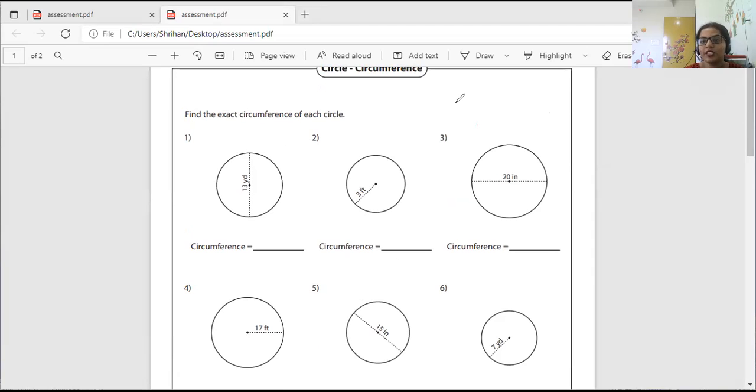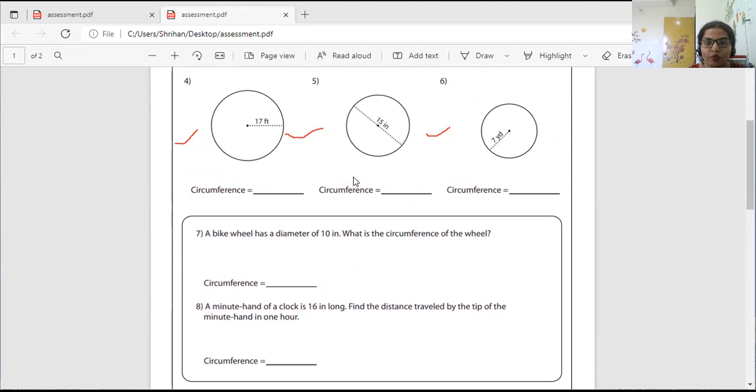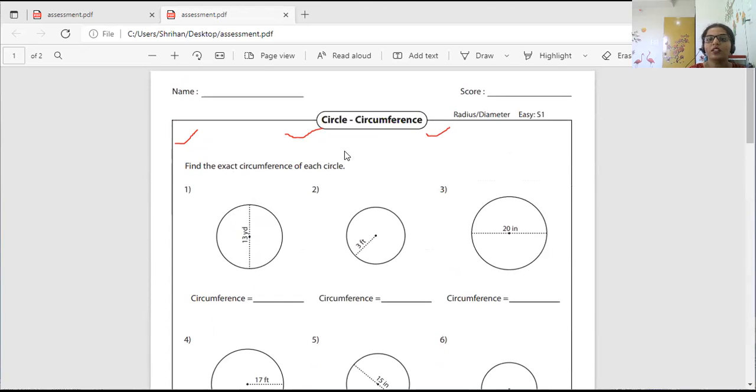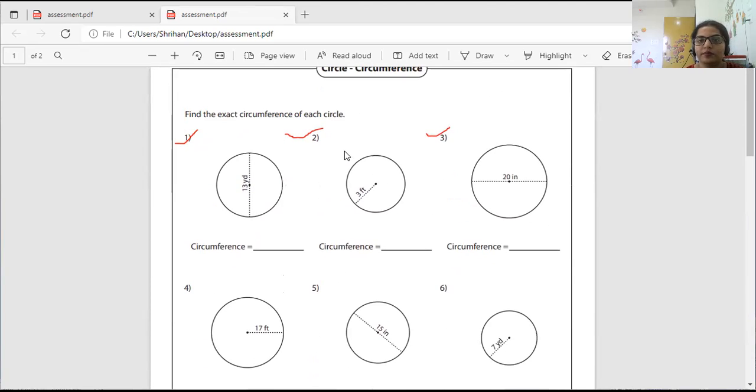You will have 15 minutes to solve these 3 questions. Come back by 12:30. I will ask each one of you how you solved it. The next part of this assessment is for your homework. I'll keep that screen open. You can take a screenshot as well and complete your assessment in the next 15 minutes. So come back by 12:30. Your time starts now.